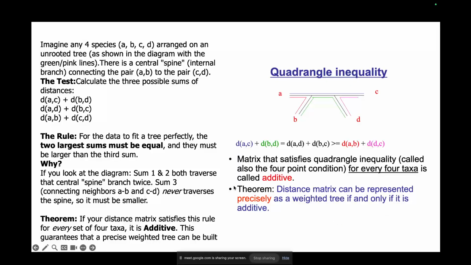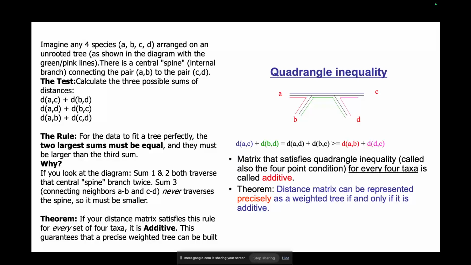There's a proof to it. I'll not go into the proof, but this is the theorem. So the largest distances, AC and BD, should be equal to AD and BC, which should be greater than or equal to the third distance, which is AB and CD, right? Or DC, whatever. So this equality or inequality needs to hold for a particular tree to fit